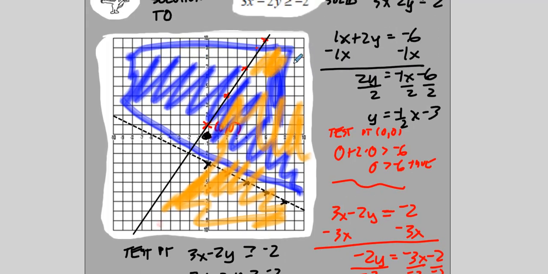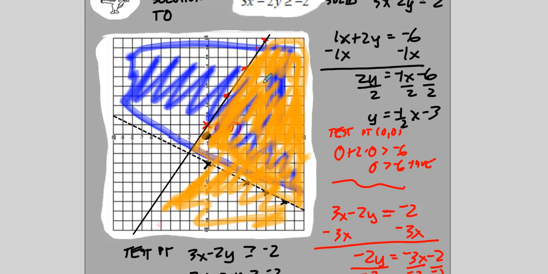So the common shaded area here is this right here, which goes this way and goes that way. This part is included in the solution because it's solid. This is not a common intersection here, so that's not part of the solution. So again, the solution is outlined here. That's dashed, that's the boundary, and then it goes forever out this way and up this way. Alright,